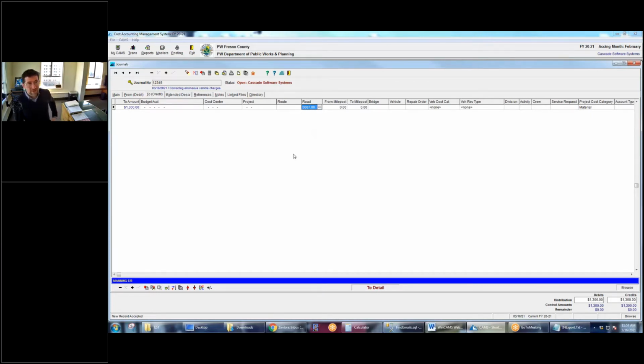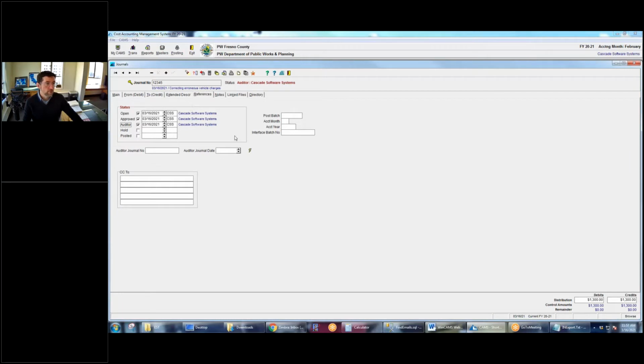Any ledger that is an expenditure ledger, if we give money to it, the only thing we can do is a negative expenditure, right? So where you have to be careful is the ledgers that are two-sided ledgers, vehicles and projects, basically, right? Because if you credit a project, we are capable of giving that project revenue, right? And so you may not want that to be revenue, you may want it to be a reduction in the expenditures, right? So we will change the sign here, and so if we post this, we should get a